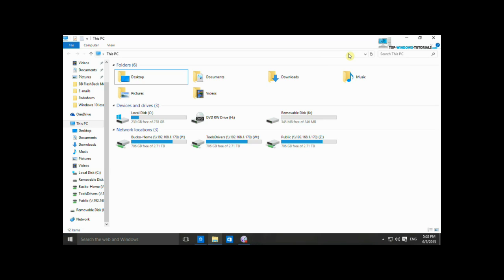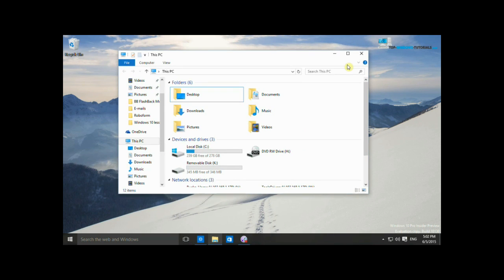The button is then replaced by one called Restore. Let's click that now and see what happens. The window becomes slightly smaller. Why would you want to do this? Well, now you can resize and move the window